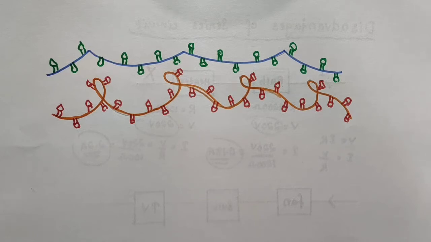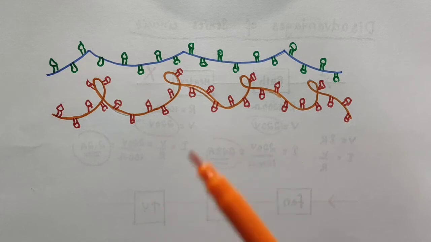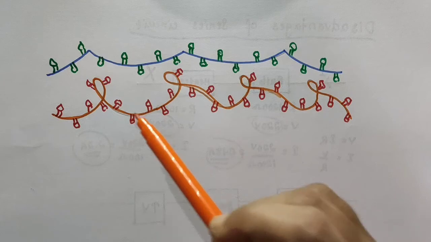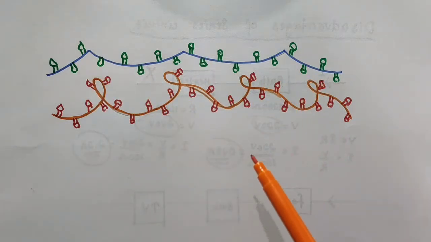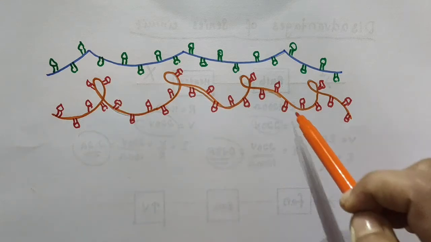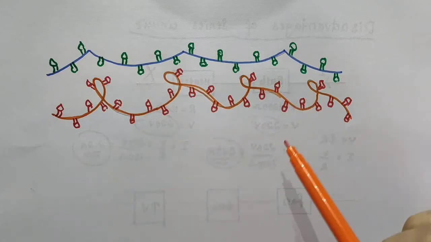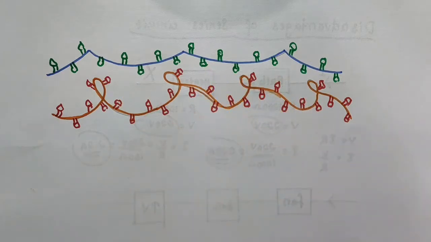You might have seen fairy lights used to decorate buildings on festivals, on marriage celebrations, etc. You might have noticed the electrician spending a lot of time locating and replacing the dead bulb. That is, if one of these bulbs fails, the whole chain stops working. So if you have 50 or 100 bulbs in series, if one breaks down, then all of them will stop working and it will be difficult to find the damaged one and replace it.